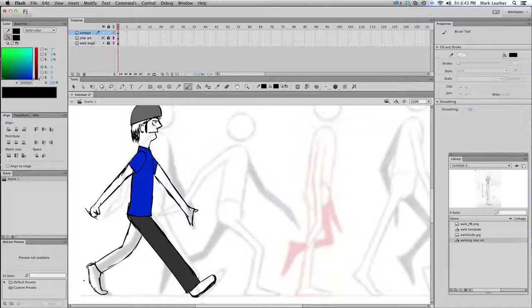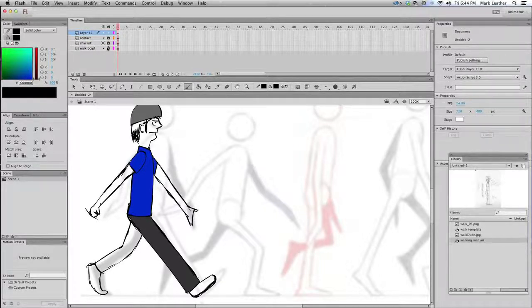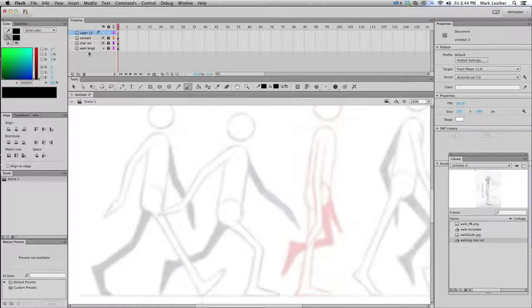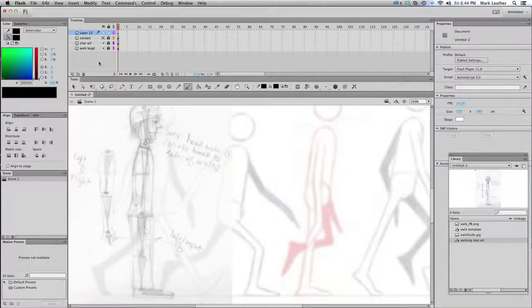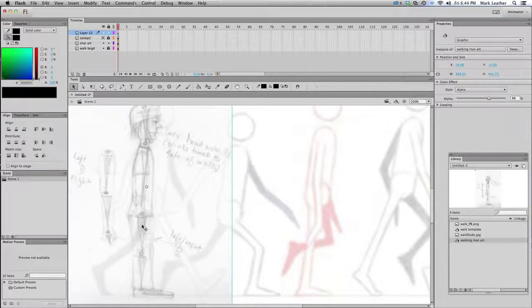So the next thing that we would do is we would make another layer. So we'll set up a new layer, and for right now I'm going to lock that layer, and I'm actually going to hide that layer as well, and I do want to have my character back on here just for a second. I'm going to unlock that character, and I'm going to drag it over here,